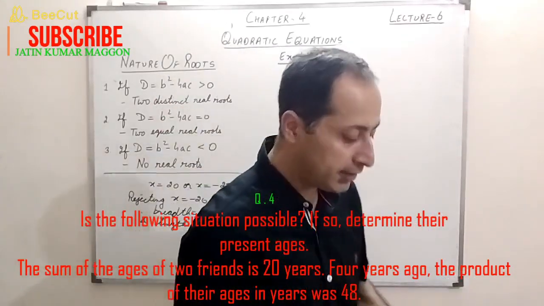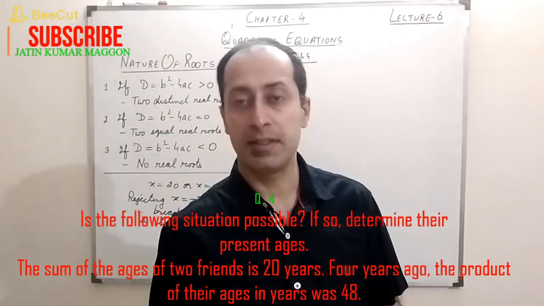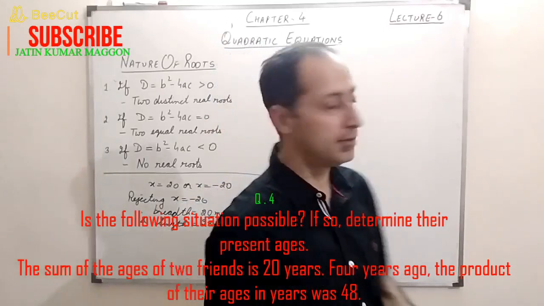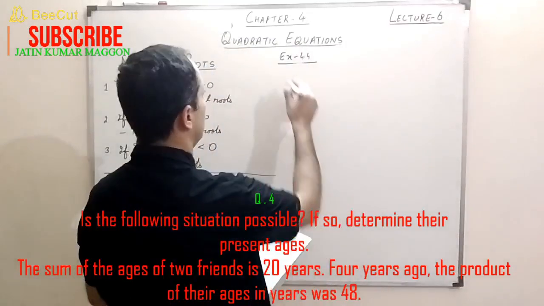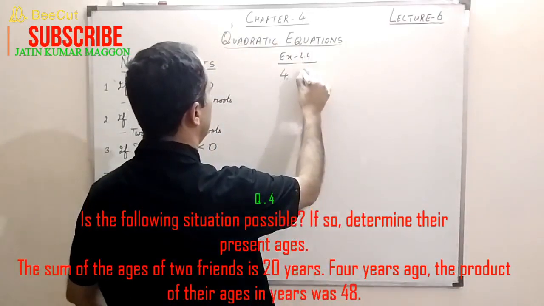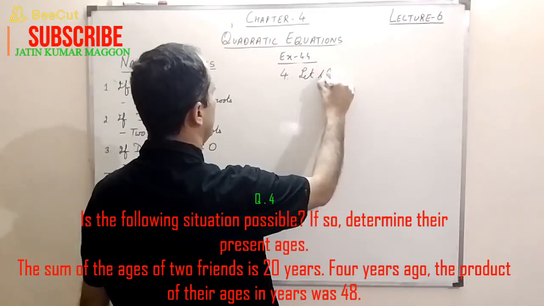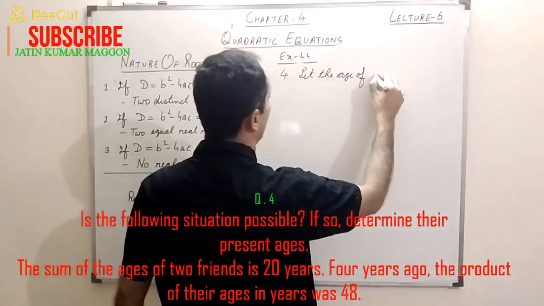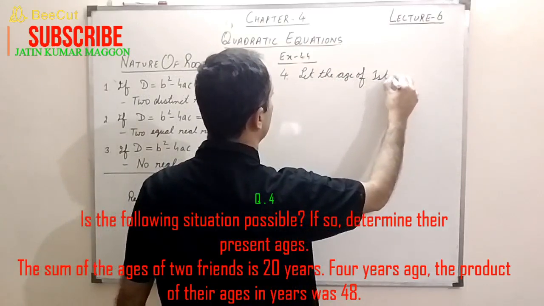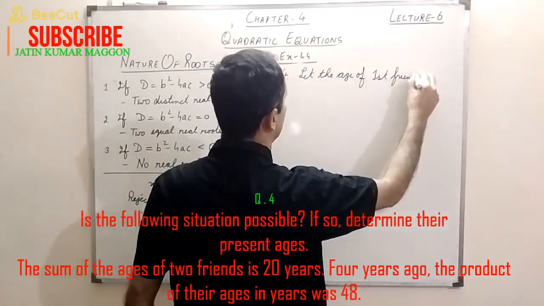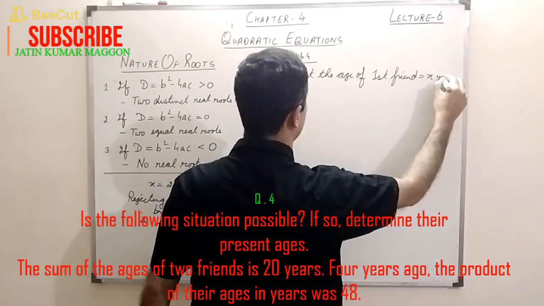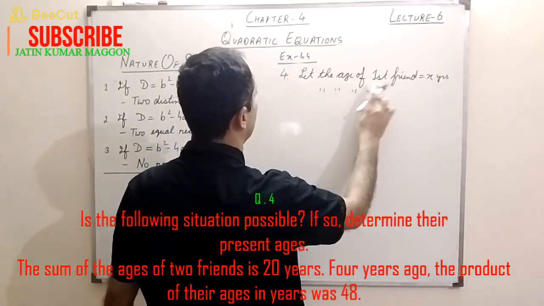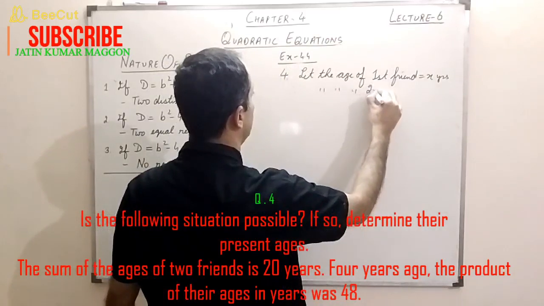They say, is the following situation possible? If so, determine their present ages. The sum of ages of two friends is 20 years. So what can we write? Let the age of first friend be x years. Therefore, the age of second friend